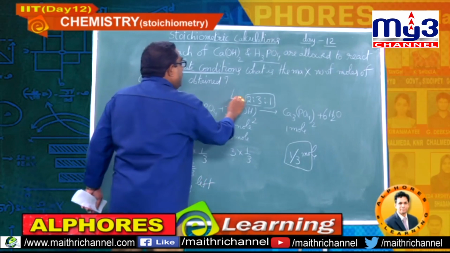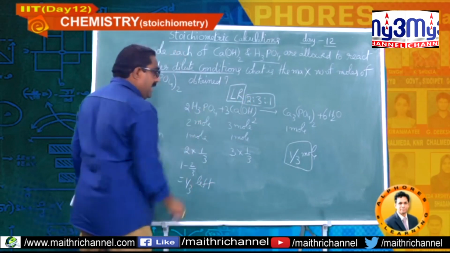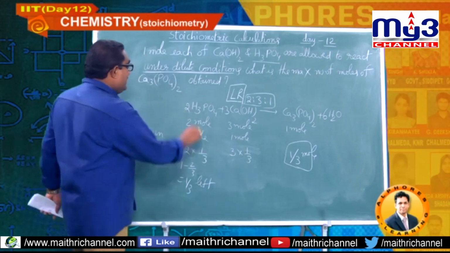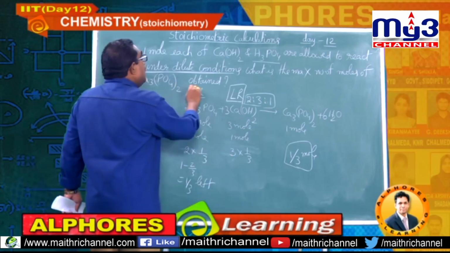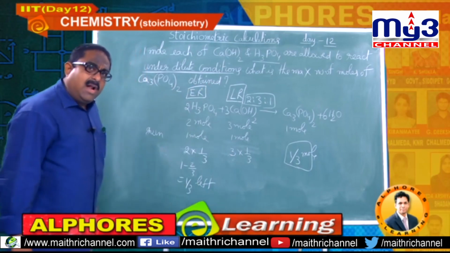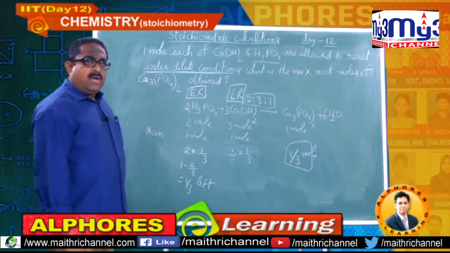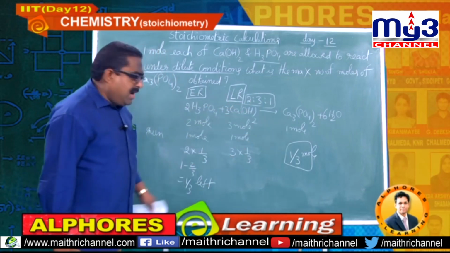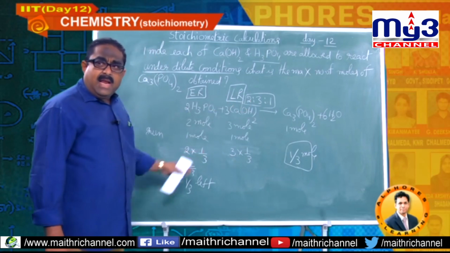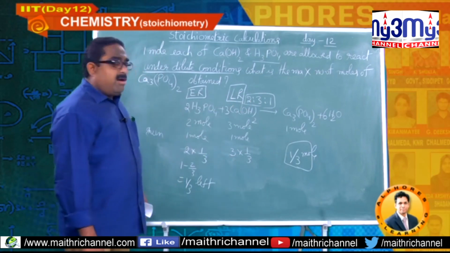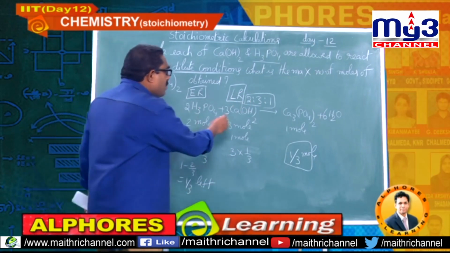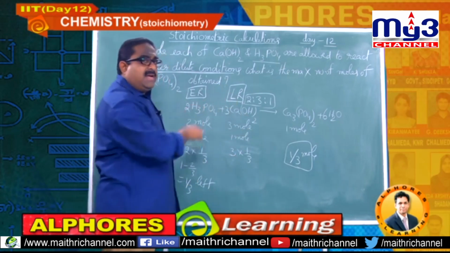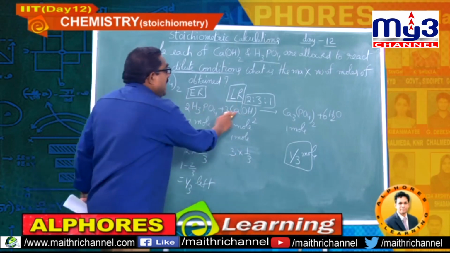So this is the LR, limiting reagent, completely consumed in the reaction, all 1 mole, and this is set as the excess reagent. I have already told you the amount of product always depends on the amount of limiting reagent. Here I have decided calcium hydroxide as the limiting reagent. So I will explain that calculation also, students.